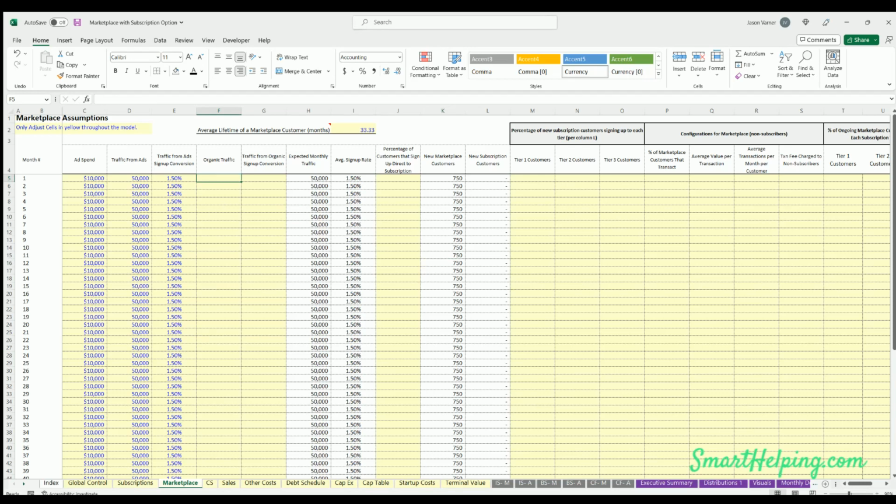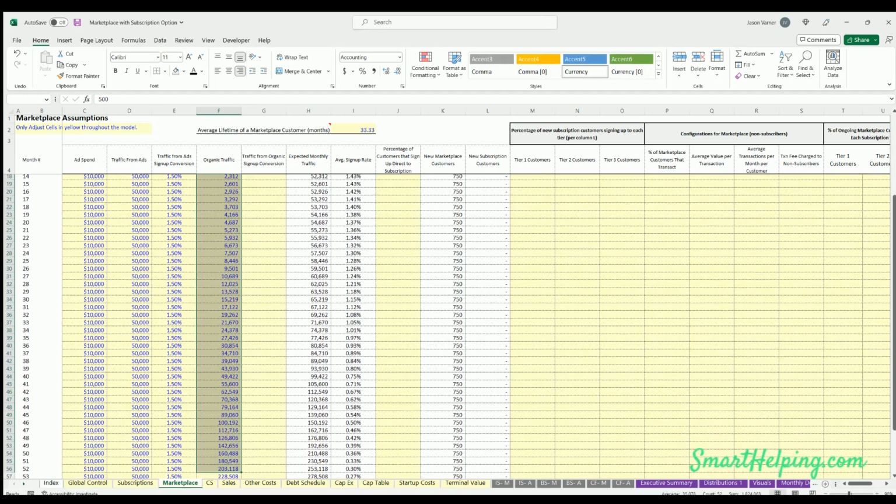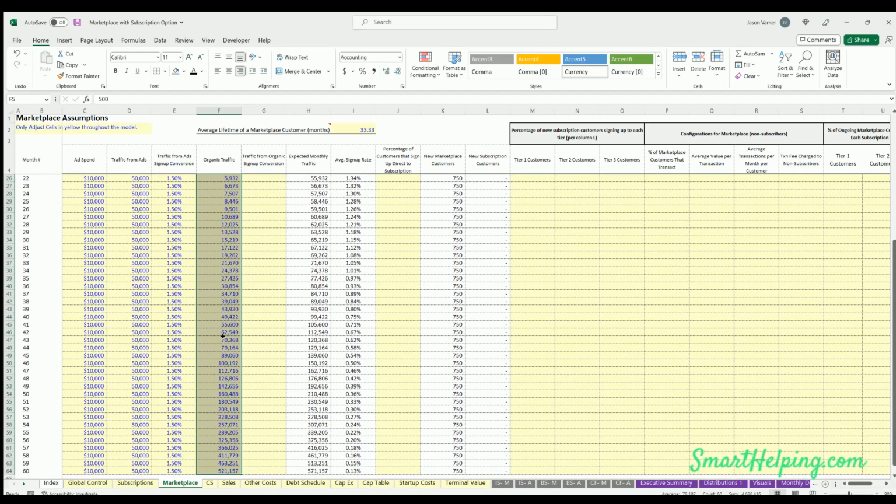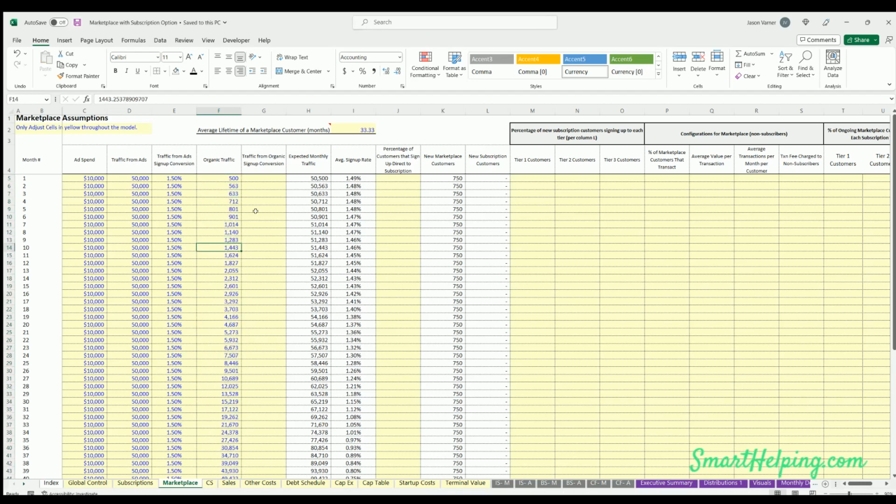Now let's say we have organic traffic. It'll probably change over time. Let's put 500 and then just increase it a little bit each month. Now again, you'll have strategies and plans for all these numbers. The point of this template is to allow you to drop in the numbers that you come up with, and it works correctly. Okay, so organic traffic